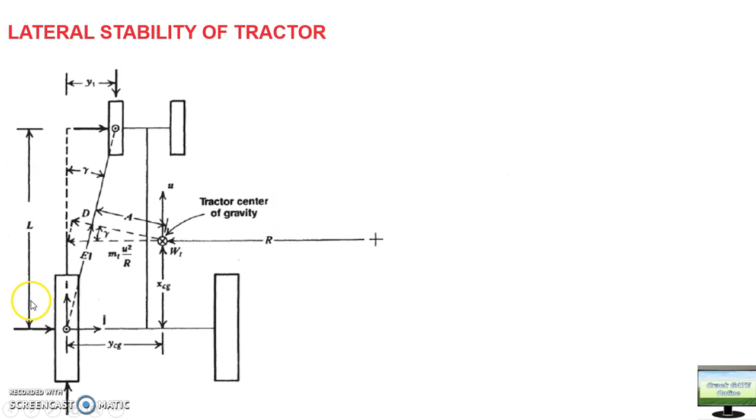This is the wheelbase L, and there are two things guys, one is wheelbase and one is wheel thread. I hope you know the terms. If you don't know, then I will explain. The wheelbase is the distance between the front wheel center and rear wheel center, and at the same time wheel thread is the distance between this rear left wheel center and rear right wheel center. So this horizontal distance is the wheel thread of the rear wheel. This is the wheel thread of the front wheel. Okay,